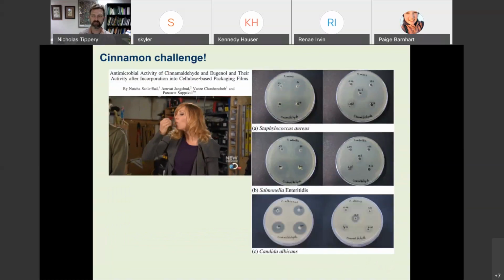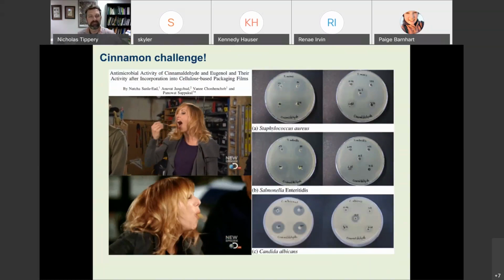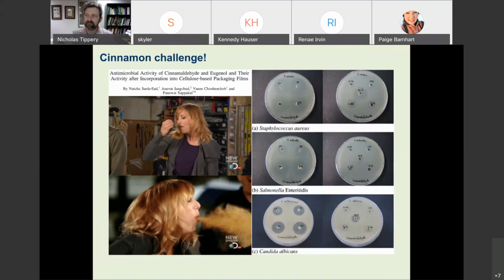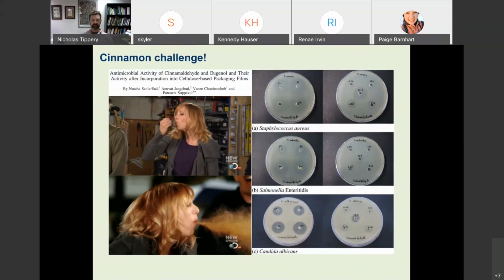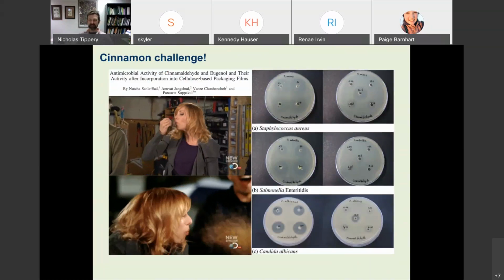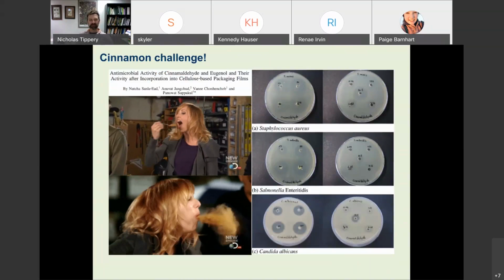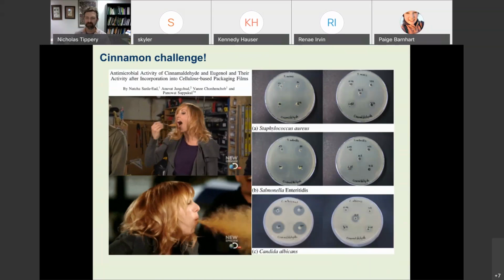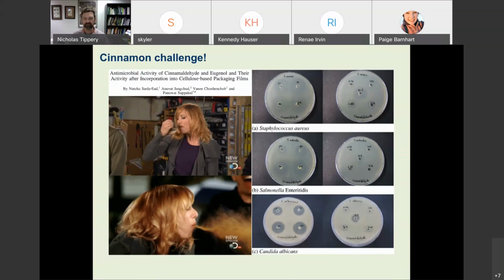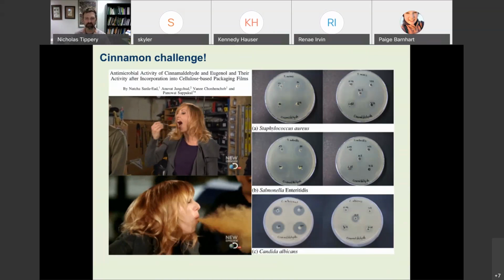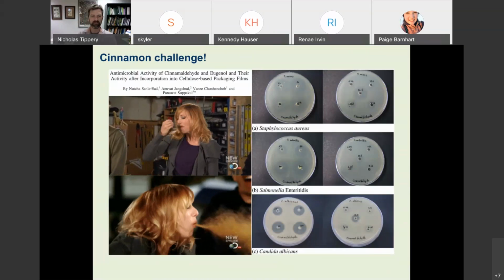Another secondary compound of interest, I guess the cinnamon challenge has died down. What year was that? Hopefully nobody tried that, right? Remember the cinnamon challenge? Take a whole bunch of cinnamon, put it in your mouth, and invariably have a coughing fit. That's it. So full of nasty chemicals. So we like cinnamon in small doses, gives a nice smell and flavor to things, but we're not meant to eat it in spoonfuls. But biologically, of course, the plant has not set itself up to harm people in the